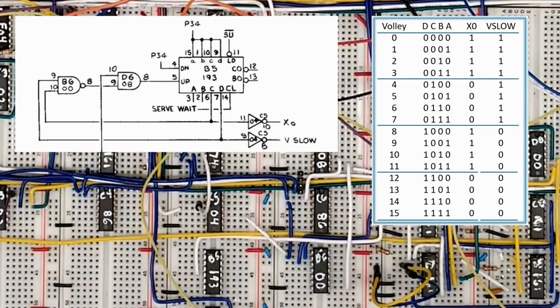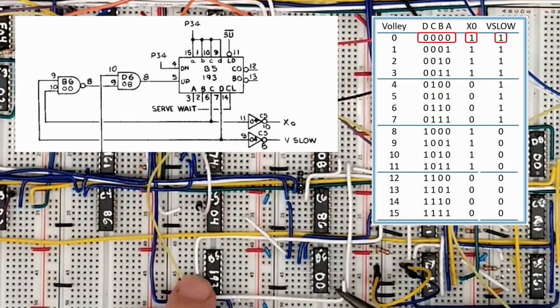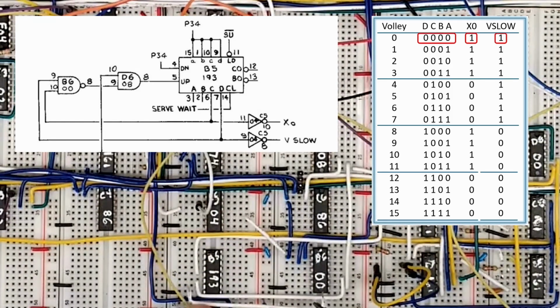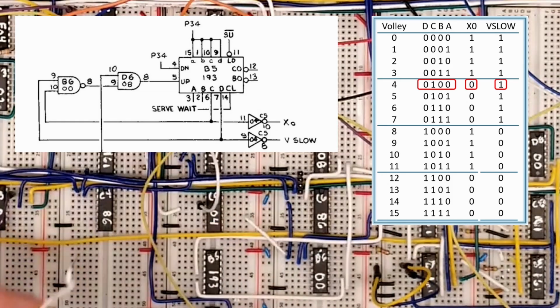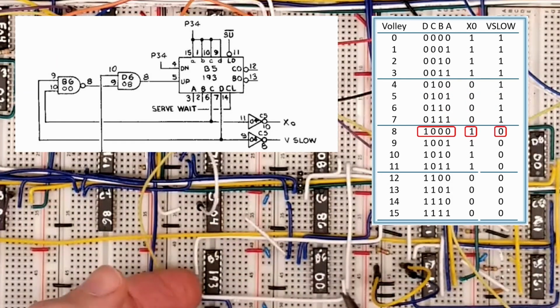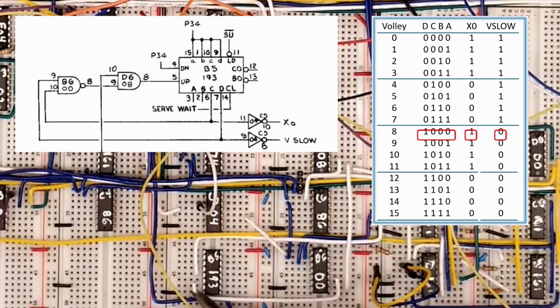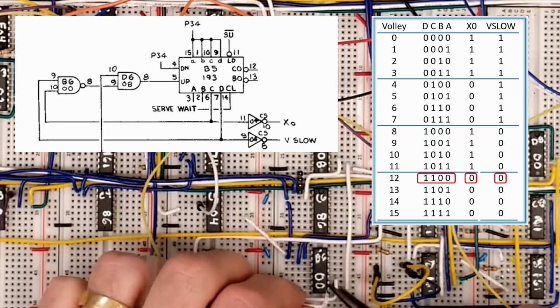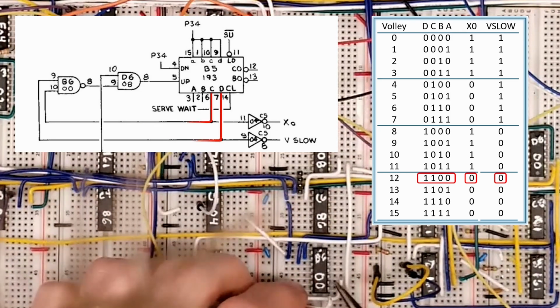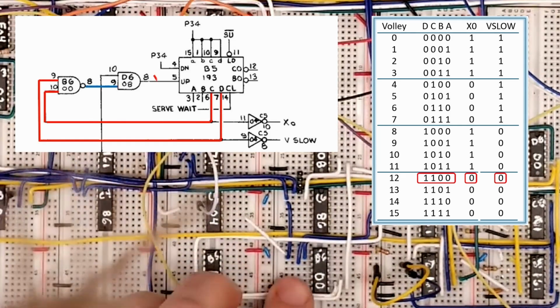The counter is reset when you're waiting to serve, bringing up X0 and V slow. After 4 volleys, the counter hits 4 and X0 drops. When the counter hits 8, X0 rises and V slow drops. And when the counter hits 12, both X0 and V slow are low. At this point, the C and D outputs are high, preventing further stepping until the counter is reset before the